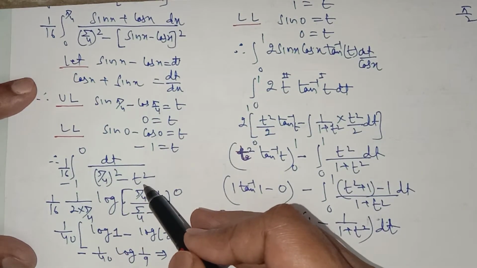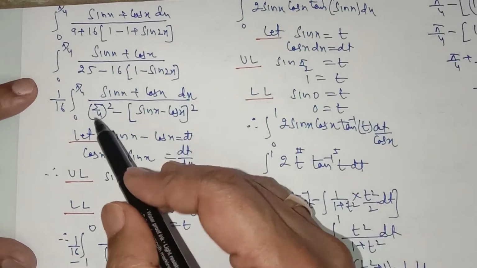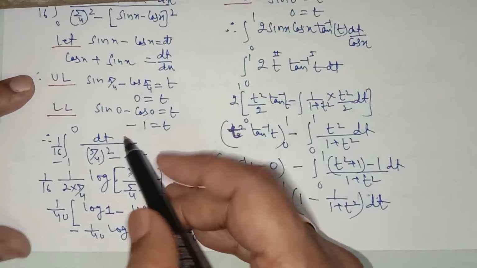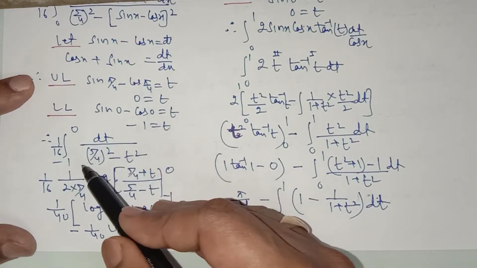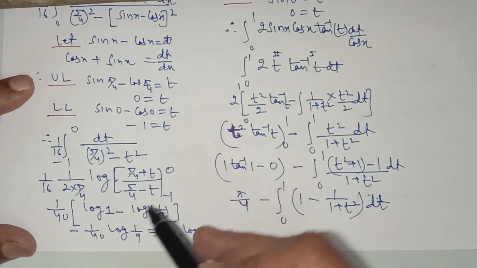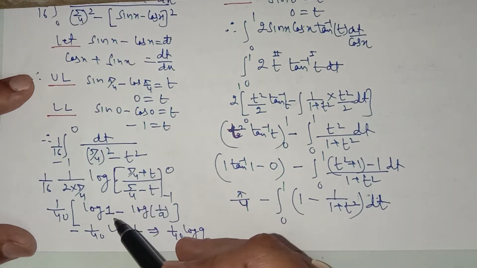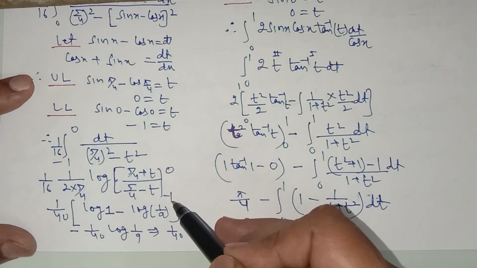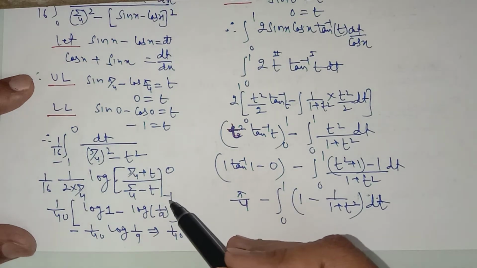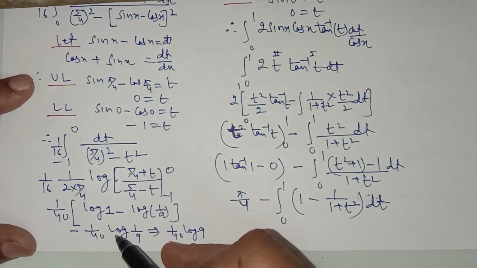So it is coming out to be a special integral of 1 upon a square minus x square. The numerator will be cancelled out when you replace dx. 1 upon a square minus x square is equal to 1 upon 2a log of (a plus x) upon (a minus x). For the upper limit, when you replace 0, so 5 upon 4 upon 5 upon 4 log 1, and when you replace minus 1 here, you will get log 1 upon 9. So log 1 is 0, you know it.